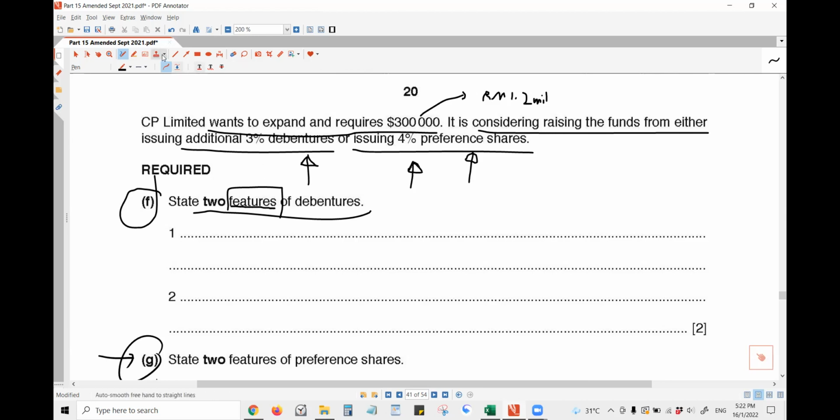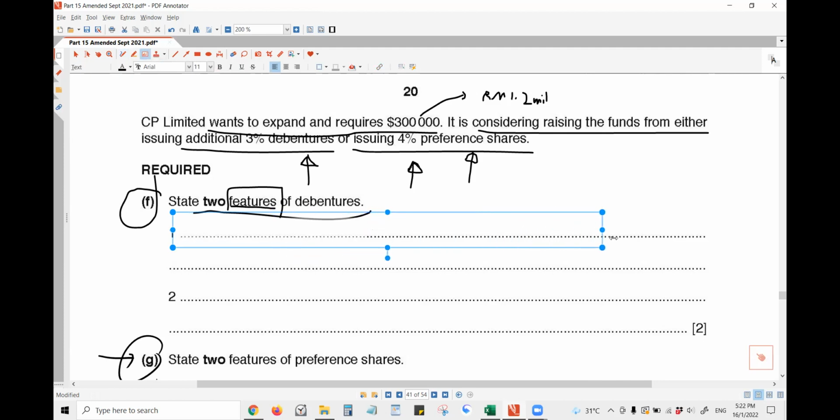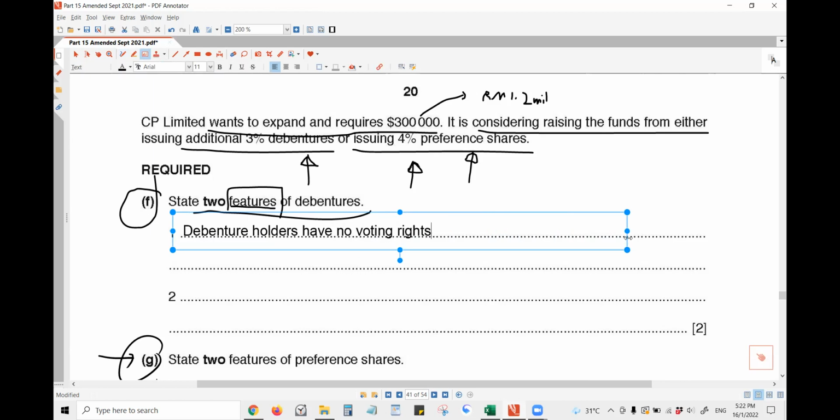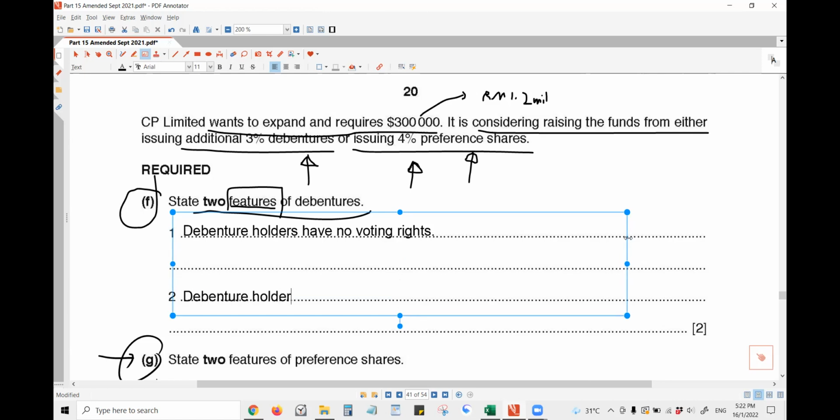State two features of debentures. We can talk about fixed interest and no voting rights. Let's write together. Debenture holders have no voting rights. Don't have to explain. Don't explain. You're right. Next point. Debenture holders